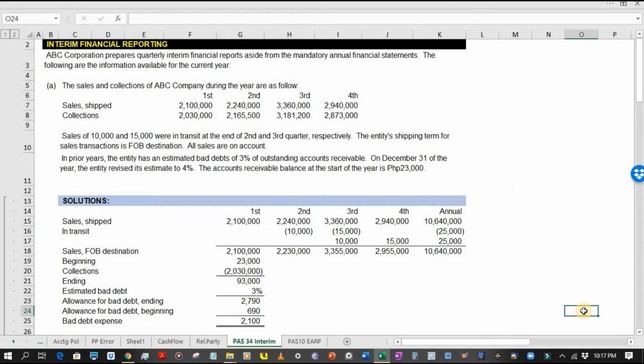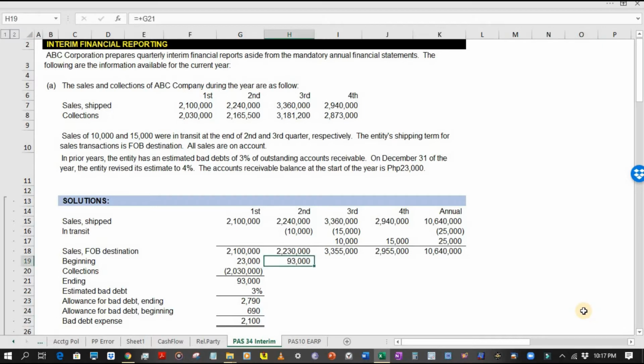So for the second quarter, we will follow the same procedure. Of course, we're going to compute for the bad debt expense. So we need to compute for the ending balance of the accounts receivable as of the end of the second quarter. So let us start with the beginning balance of the accounts receivable, and the opening balance of AR for the second quarter, of course, is the ending balance as of the end of the first quarter,